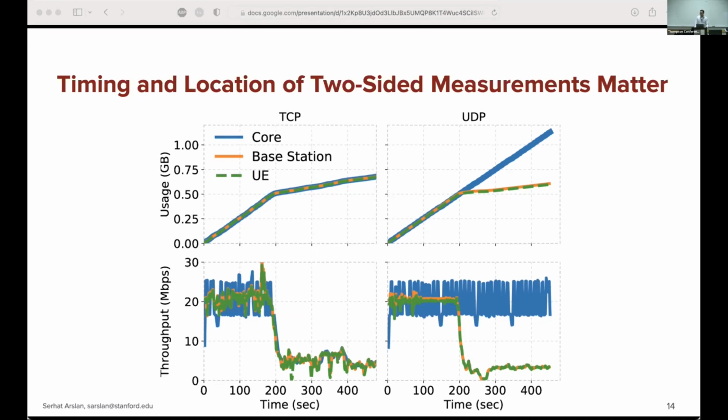However, the base station is the closest point to the user. Therefore, it can monitor the actual service that was delivered to the receiver, the user here. Luckily, there's already some community effort working towards extracting some telemetry from base stations that we can utilize for those two-sided measurements. And we conjecture that two-sided measurements rely on extracting telemetry from base stations for the